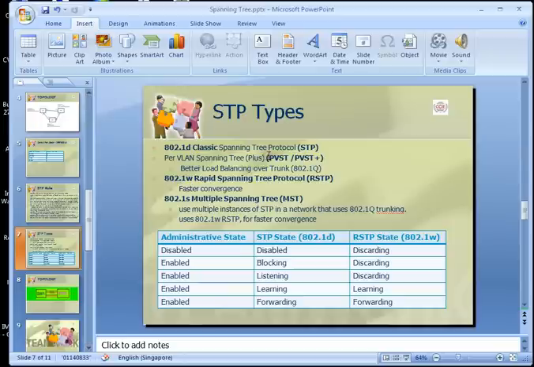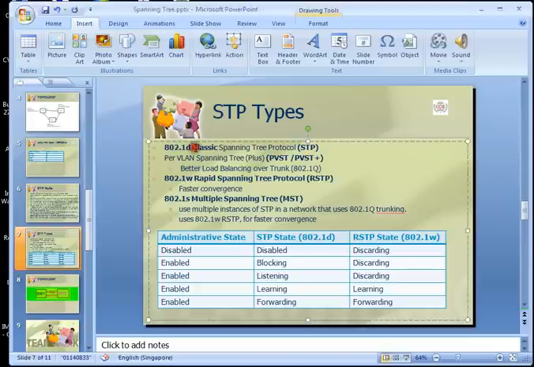So just now we were talking about 802.1D, the classic spanning tree protocol. Besides the original classic spanning tree protocol, we also have some other STP types. The first one we call per VLAN spanning tree, meaning that each VLAN has its own spanning tree.